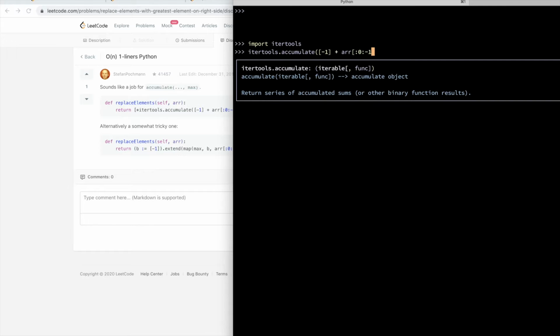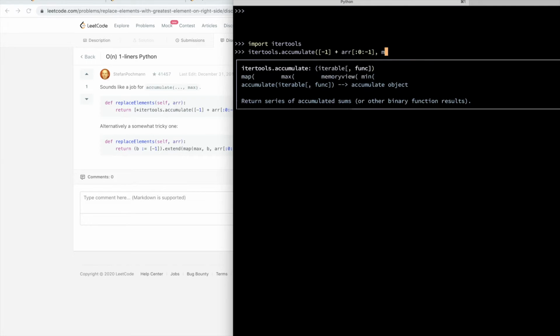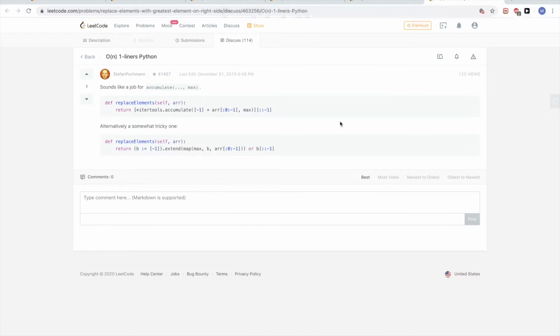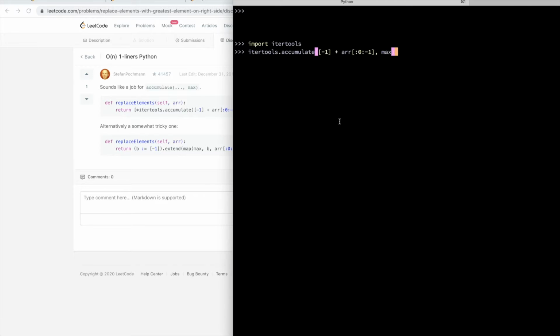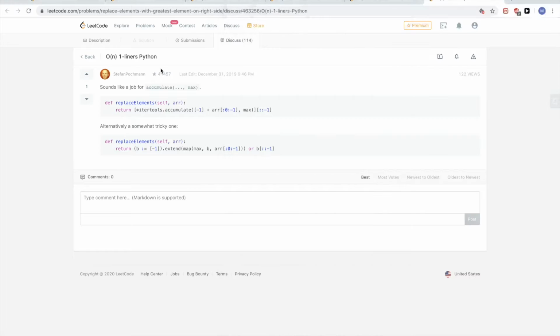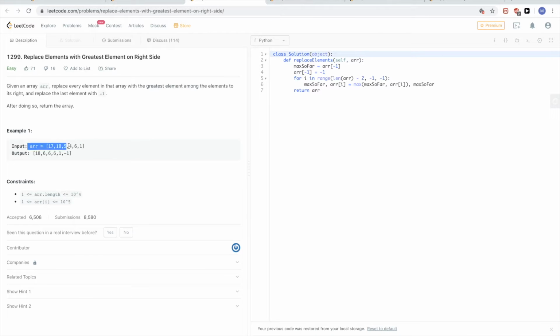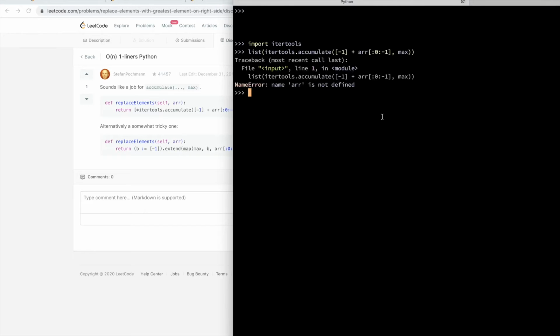What is -1? Max. And then we reverse it, right? So we reverse that. I will need to define the array first, so let me define the array. Okay, I'll say this is our array, and this here, this